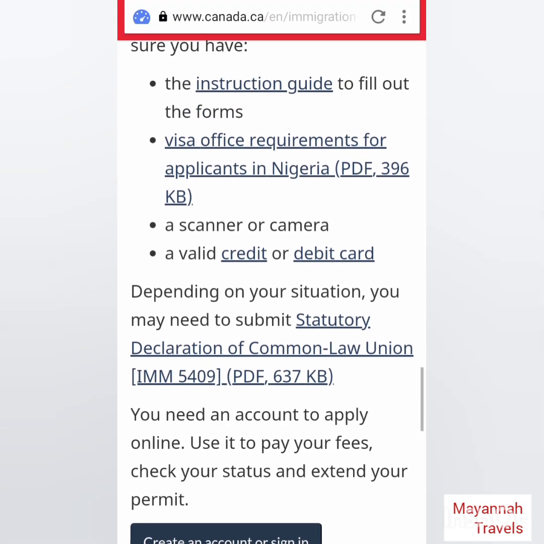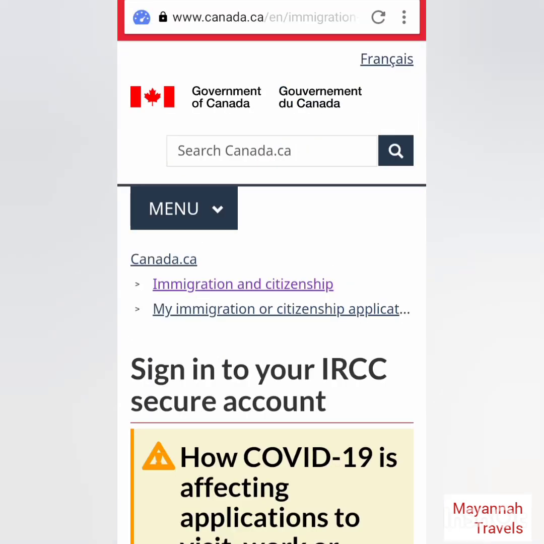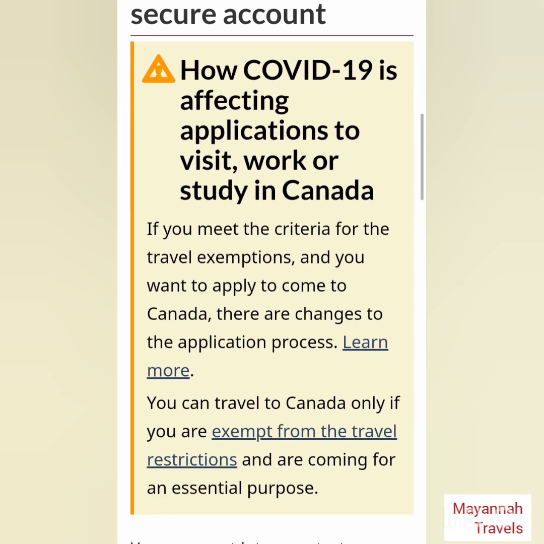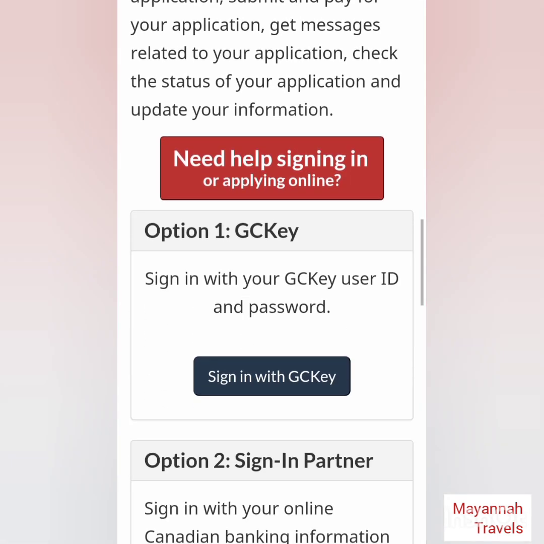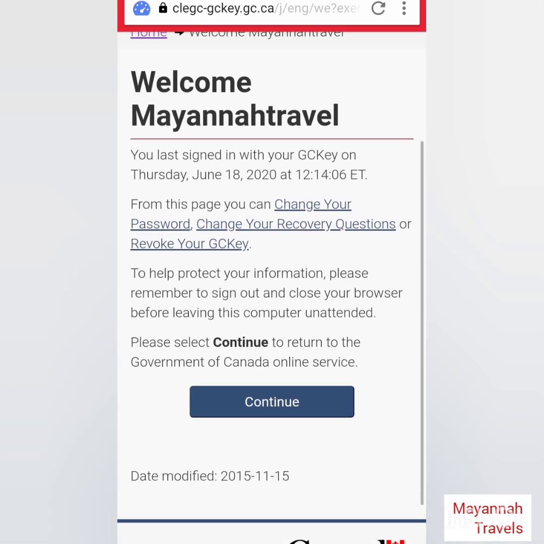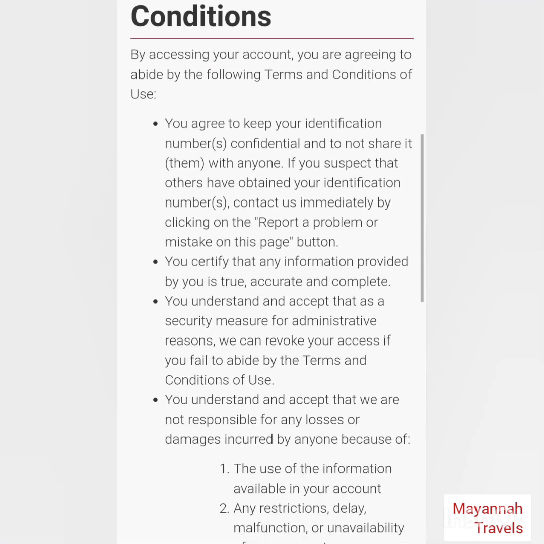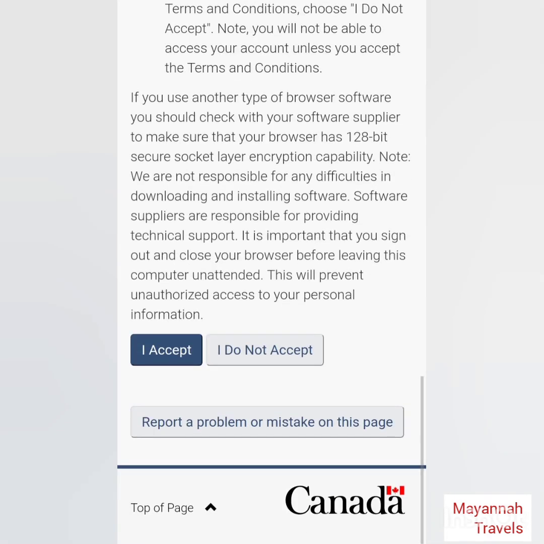And now we need to get started. We can create an account, or we sign in if you already have an account. As for me, I already have an account, so let me just log in using my GC key because of our time. After you must have created the GC account, it will bring you straight to this page, and you need to click on continue,